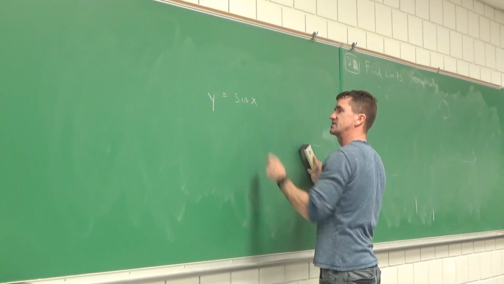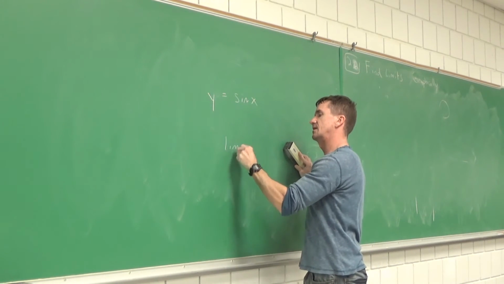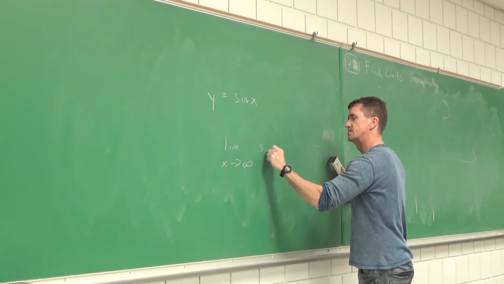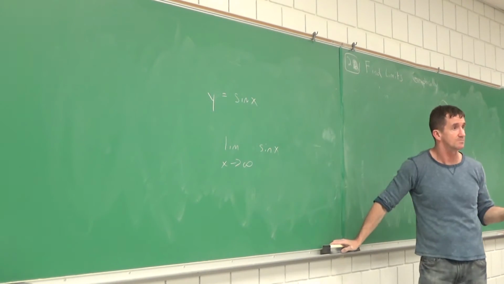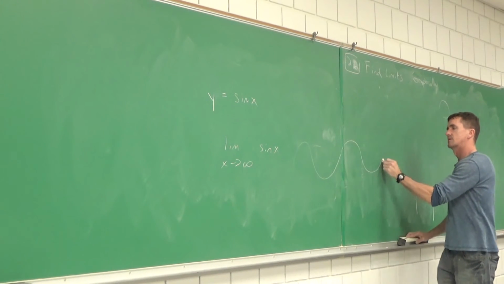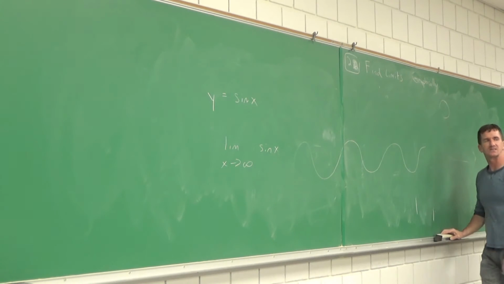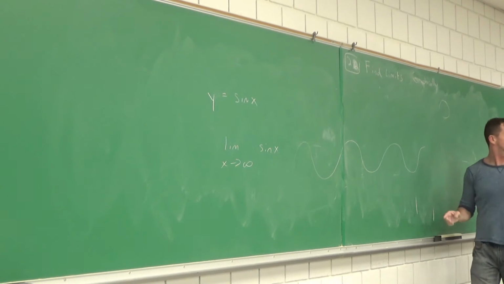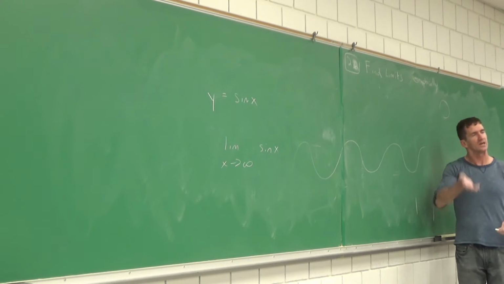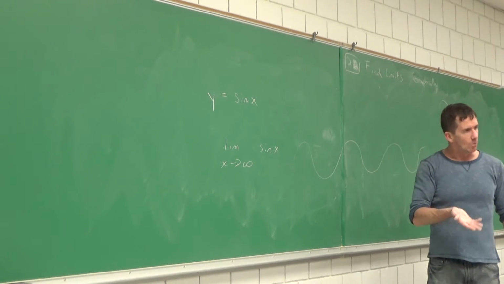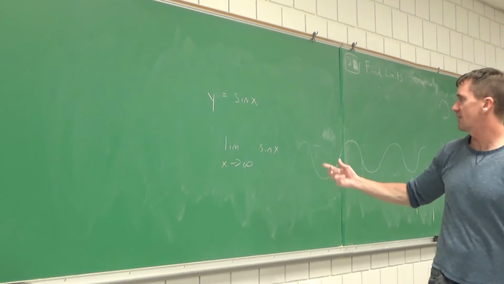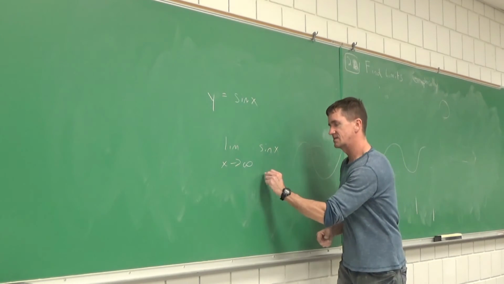Because we all know about sine of x, don't we? And what's the limit as x approaches infinity of sine of x? And this will help us, because doesn't that graph do something similar? The graph keeps doing what? What's the highest it gets to? 1. What's the lowest sine of x gets to? -1. But it keeps doing that forever and ever and ever. It keeps bouncing between what? 1 and -1. Does it go to one concrete value? No. So guess what I'm going to have to put for this answer? Doesn't exist. Does not exist.